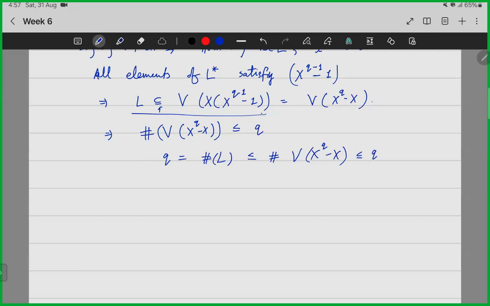Since all of them are equal, this inclusion implies L is equal to the zero set. So all the distinct elements of L, which are q many, are roots, and it has q many roots. So x to the q minus x splits into linear factors